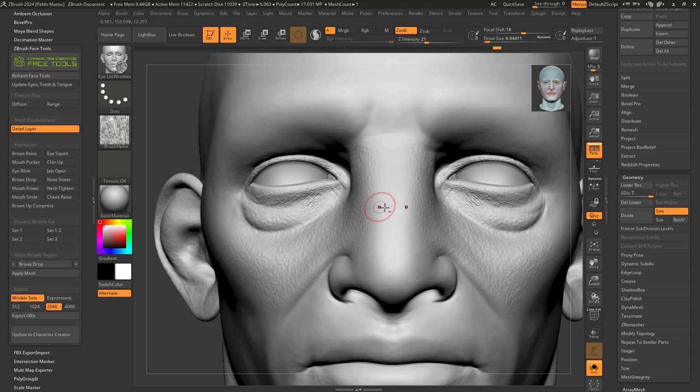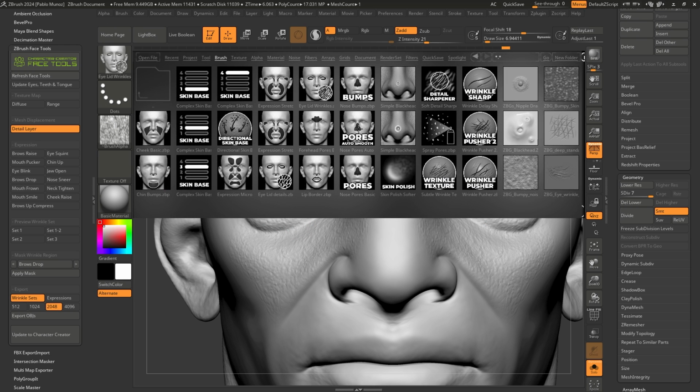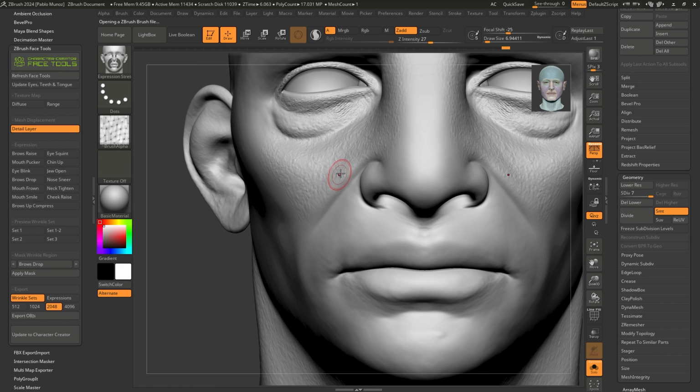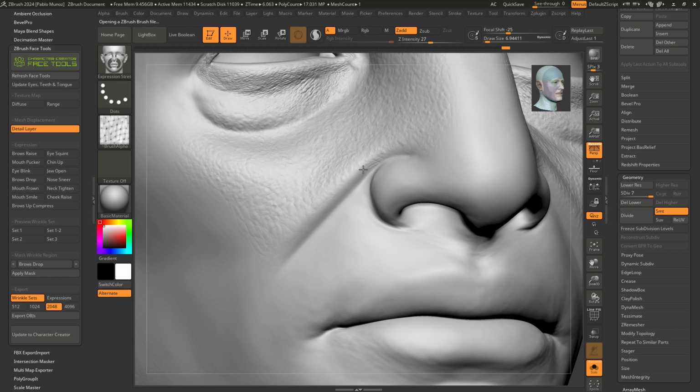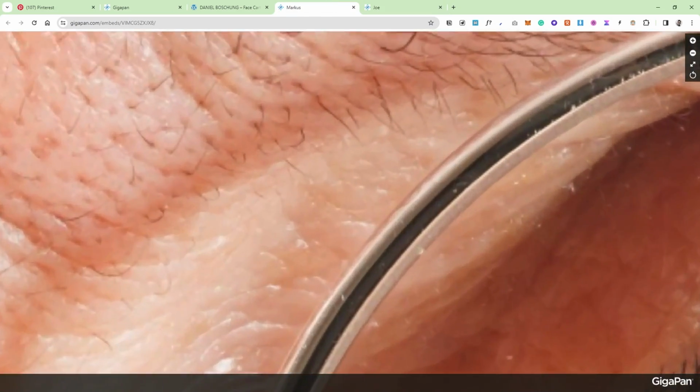All right, so there are obviously brushes for every specific area of the face. And I'm rushing these a little bit, to be honest. You can spend a bit more time doing this. I'm gonna do this one right here, the expression pores, because this one is important to get right. So in this area right here, I'm gonna try to go in this sort of direction that I had before. And that's the reason I wanted to show you the references in here. So Marcus is a pretty good one for that.